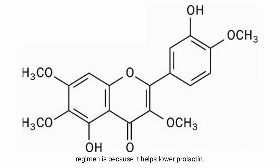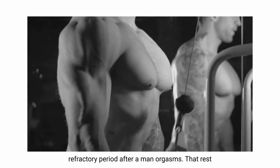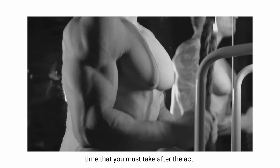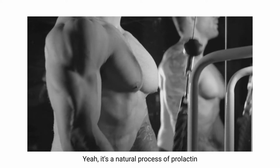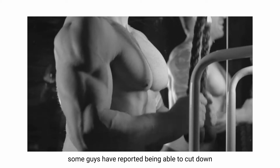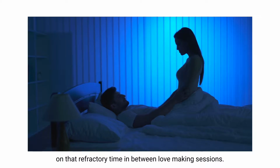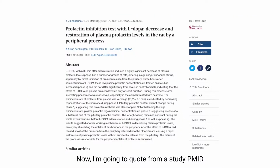because it helps lower prolactin. Now, prolactin is that hormone that creates the refractory period after a man orgasms. That rest time that you must take after the act, yeah, it's a natural process of prolactin causing it. And supplementing with L-Dopa, some guys have reported being able to cut down on that refractory time in between lovemaking sessions. Now, I'm going to quote from a study, PMID